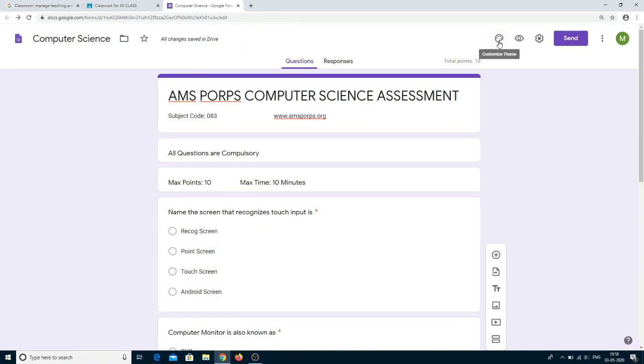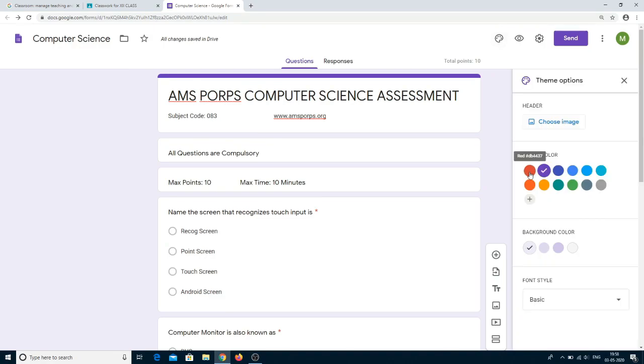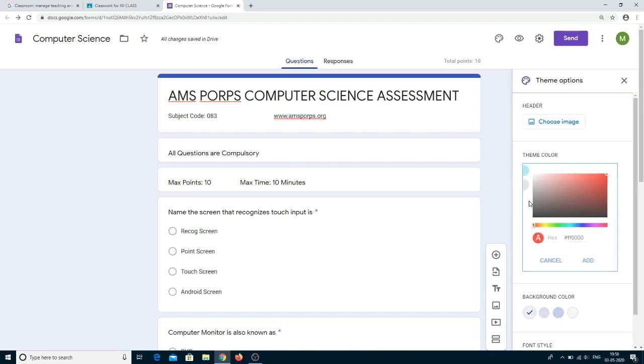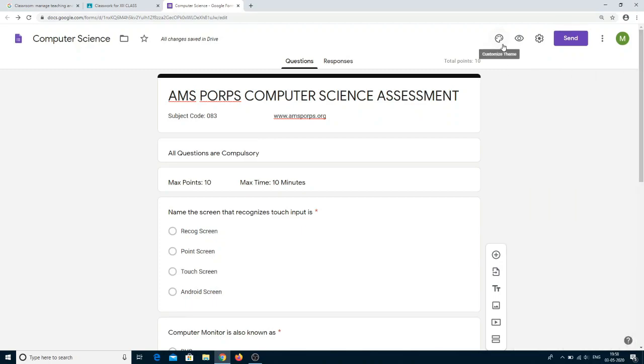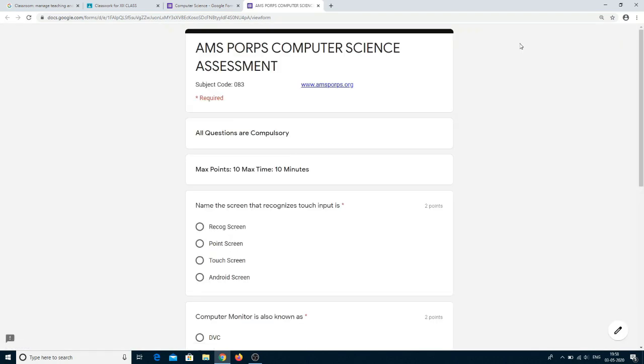theme. So when you click on customize theme, you can select your required colors. Whatever color combination you want, you can select the required color. You can click on add color and select the required colors. So in theme selection you can select the required background colors, and in preview you can see your online quiz